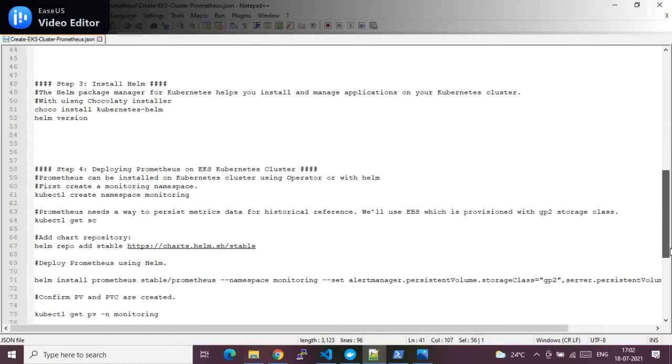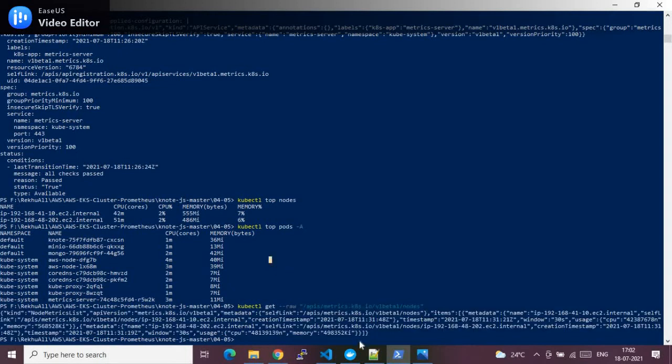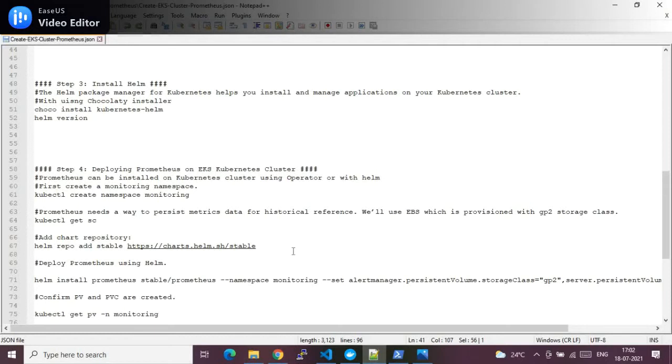There is one more requirement before you install the Prometheus service, which is used for monitoring and alerting purposes. Now we have a source which can give us the metrics, that is the metric server. Now there should be some service which will gather this data, keep monitoring, and alert whenever there is a need, or alert based on our requirement. That kind of operation will be done by our Prometheus service.